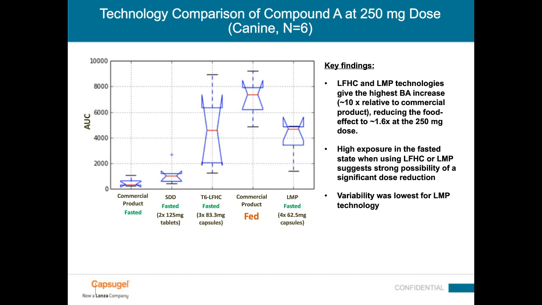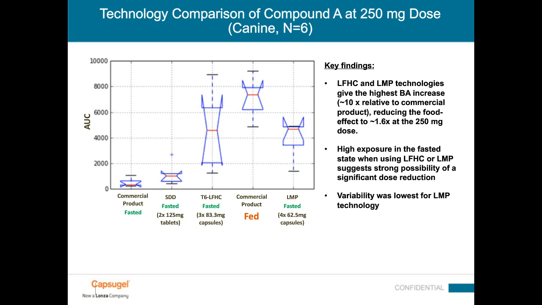The lipid formulation, the one in the middle labeled T6 in the fasted state, achieves high bioavailability, although as you can see there's quite a bit of variability in between individuals in the data. And then the last one on the right, which I didn't discuss, is a solid lipid formulation that was developed, a semi-solid lipid formulation of the drug, which gave performance and AUC similar to that of the liquid lipid formulation, and could be a good option here.